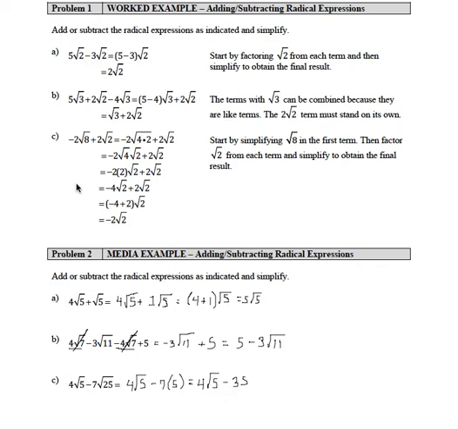I wanted to just have you take a quick look at part C here on the worked example, where I have negative 2 times the square root of 8 plus 2 times the square root of 2. This square root of 8 we can write as square root of 4 times the square root of 2. Square root of 4 is 2. 2 times 2 is 4. So what I'm doing is I'm simplifying the square root of 8 so that it ends up with the square root of 2, and now I can combine negative 4 times the square root of 2 and 2 times the square root of 2. So just watch out for and be careful about things like that.